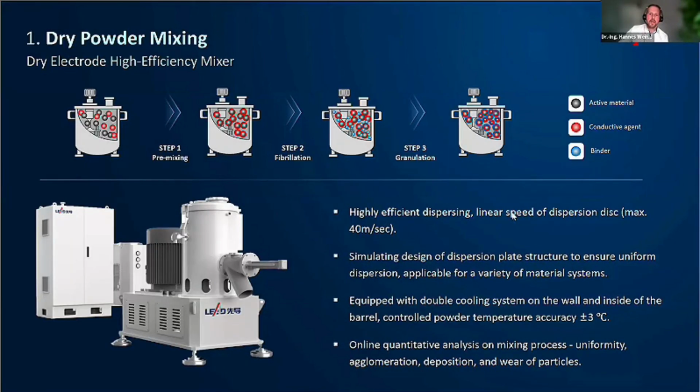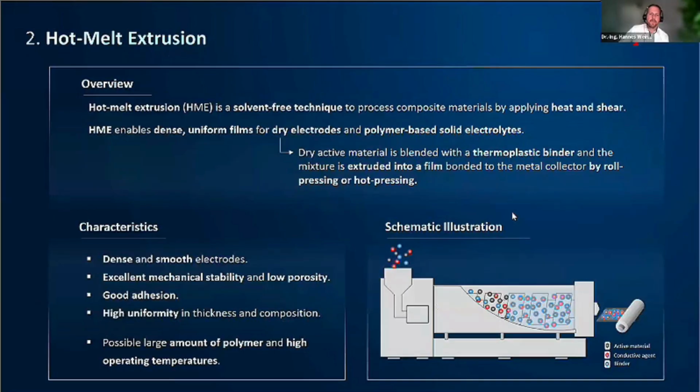And after mixing, you would have the second part. So it would be, for example, a hot melt extrusion. Hot melt extrusion is also used by some large automotive companies that make batteries. So it's a really dense and smooth electrode. It has a good stability and a low porosity, typically, a good adhesion to the collector, and a high uniformity in thickness. It's because the hot melt extrusion is also used in other industries and